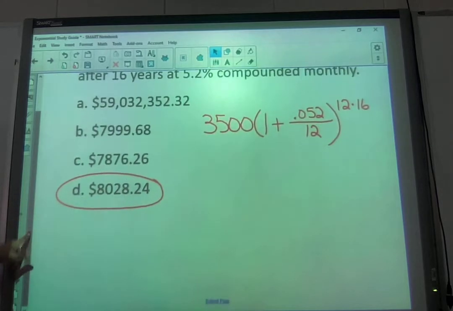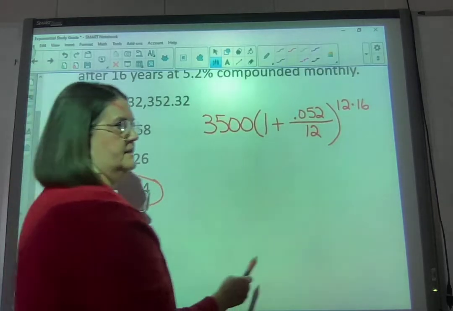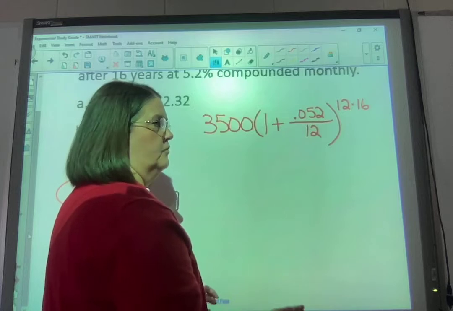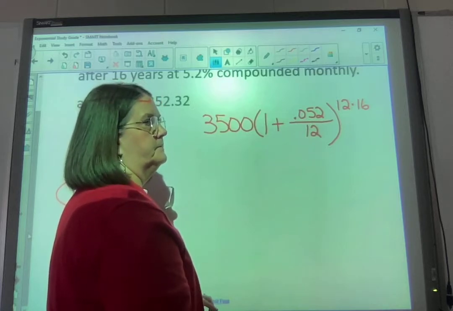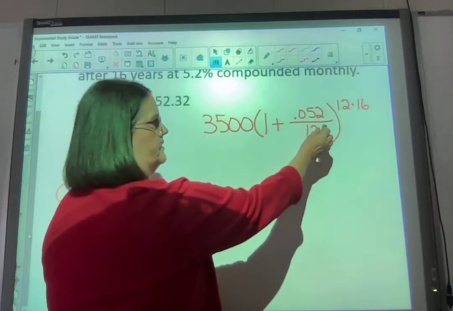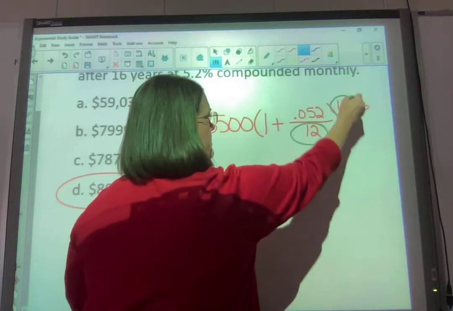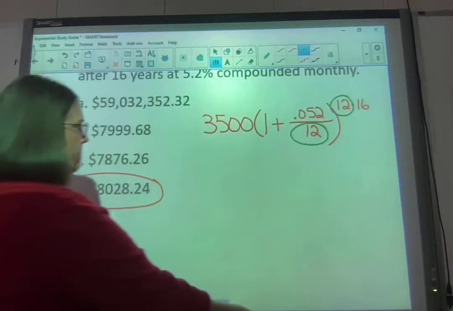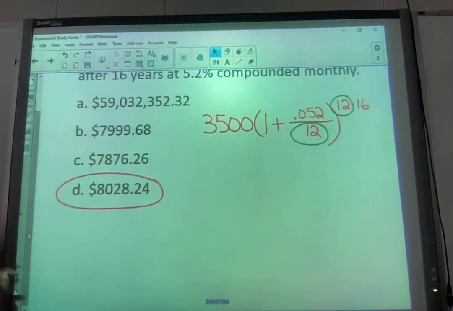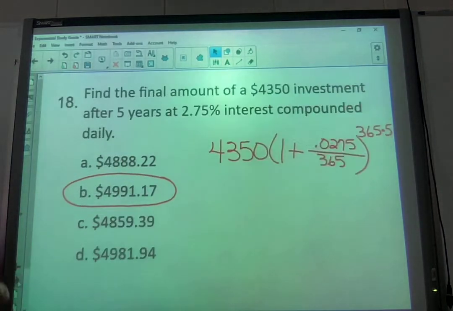All right, remember when it's compounded monthly, daily, semi-annually, quarterly, you need to put those numbers down here and here, and you put it into the formula, and you get this. It's literally just plugging it into the calculator. Find the final amount of